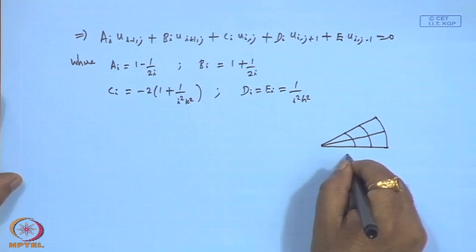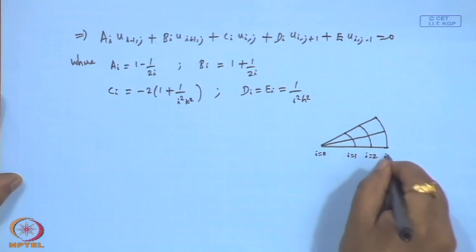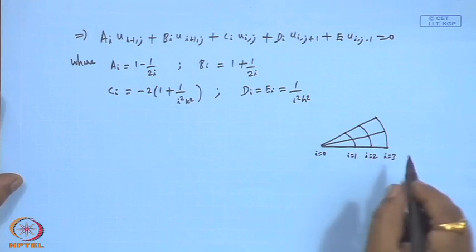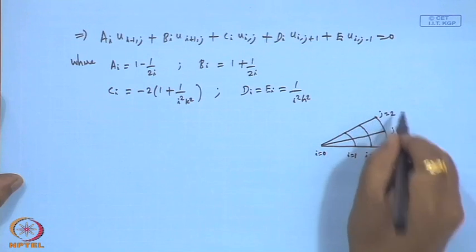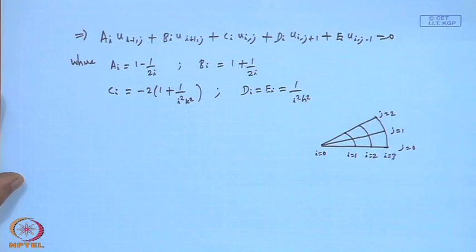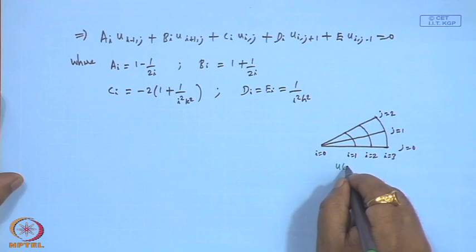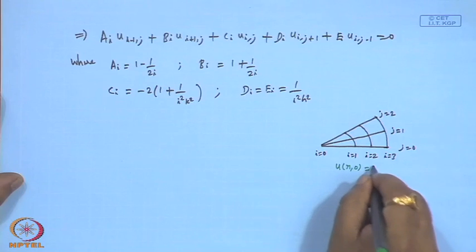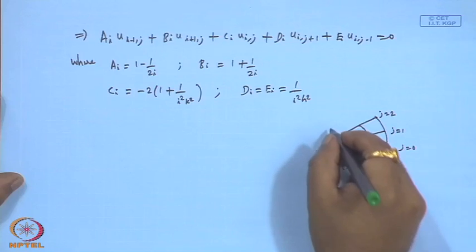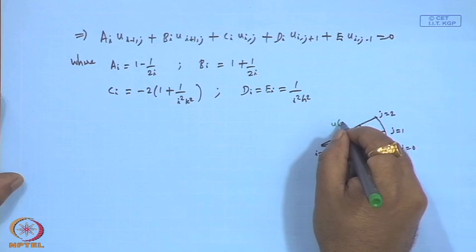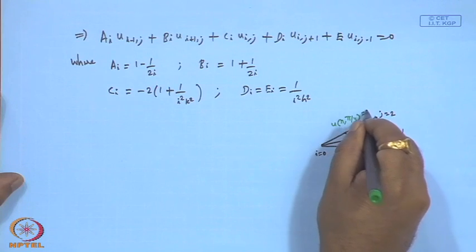So, this is i equals 0, 1, 2, 3, then j equals 0, 1, 2. So, let us say we have u of r, 0 is 1, and say this is pi by 4. So, u of r, pi by 4 is minus 1